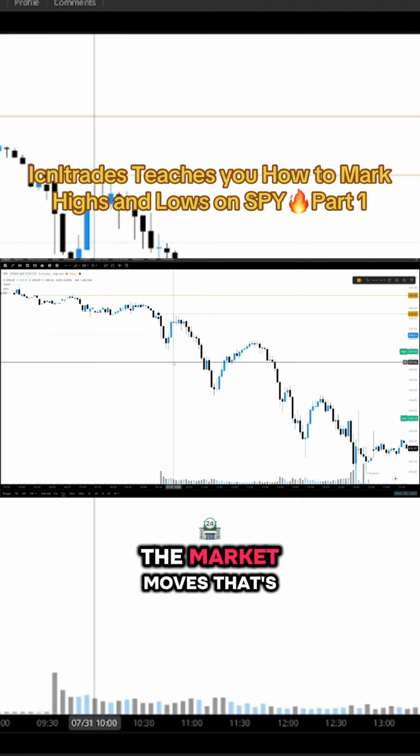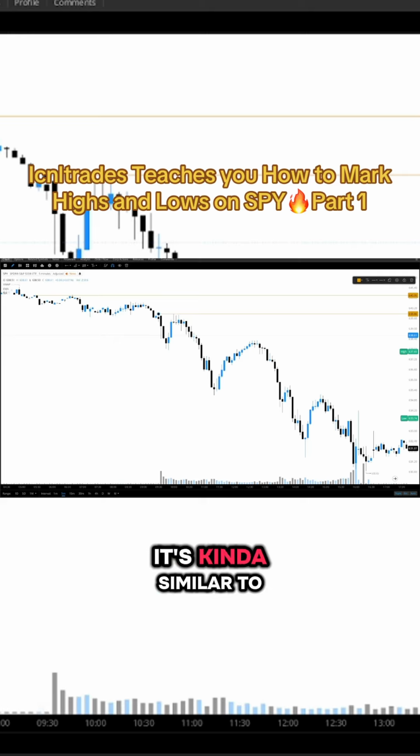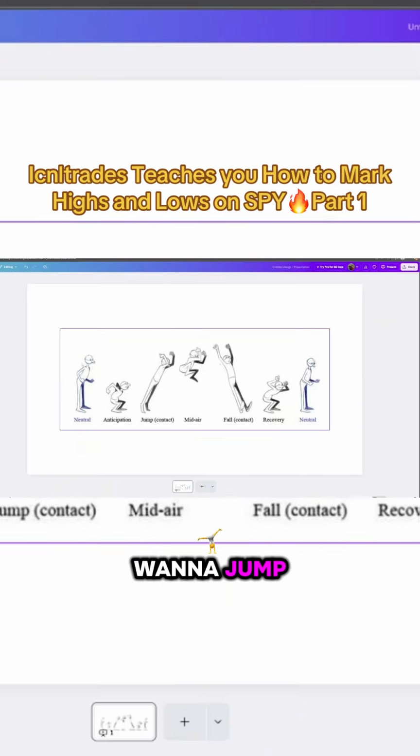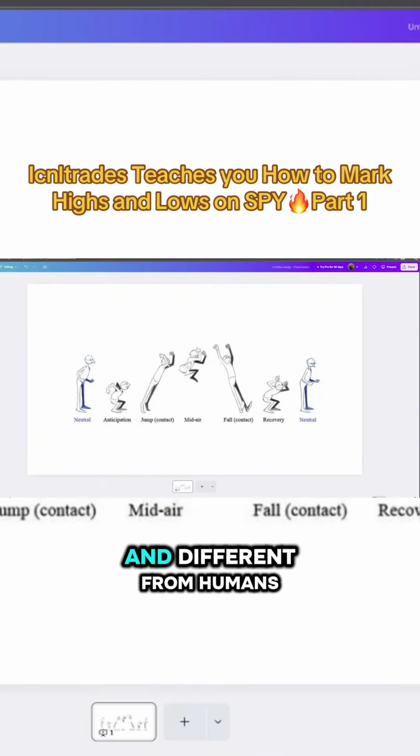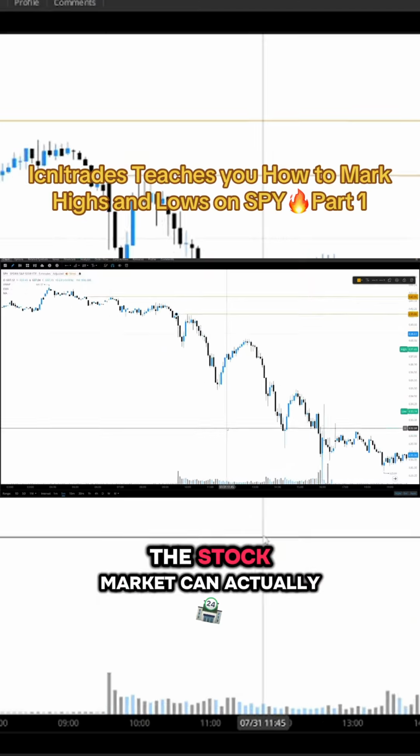So that's how the market moves. That's how it gathers energy. It's kind of similar to how a human would want to jump. You'd want to go down, gather energy, gather momentum, then launch yourself up. And different from humans, the stock market can actually